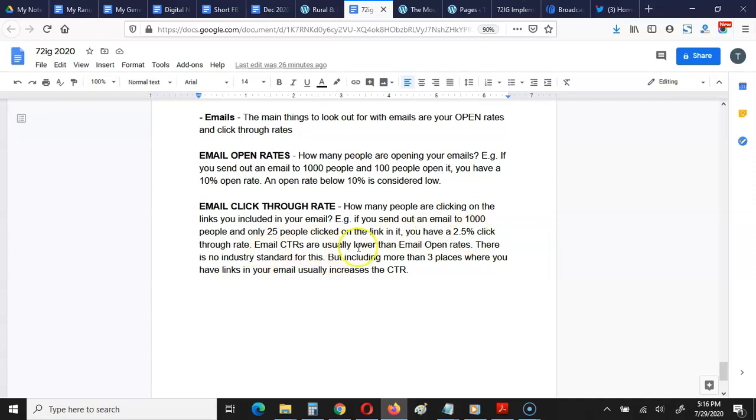Email click-through rates are usually lower than email open rates. There is no industry standard for this, but including more than 3 places where you have links in your email usually increases the click-through rate. So what I'm saying here is that if you include your links in more than 3 places within your email, it's going to increase the click-through rates. And that there are no industry standards for this, but